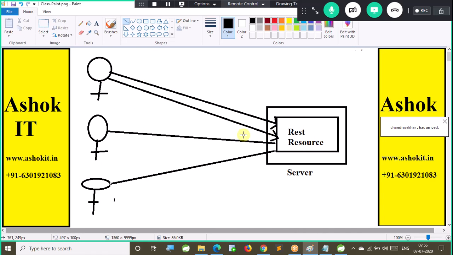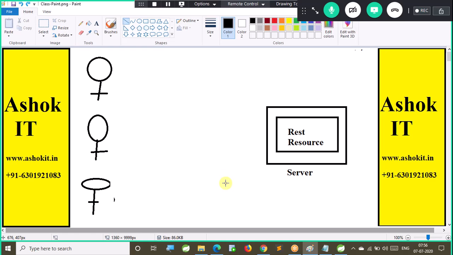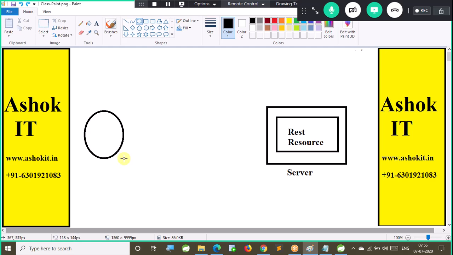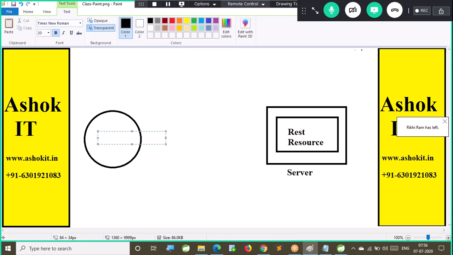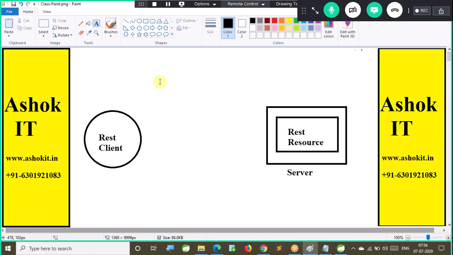Right. Now let me talk about one client here. There is a REST resource which is available in the server. Now for this resource, n number of clients can be available. Now I am taking one client. This is called a REST client. A REST client can be anyone who is capable of sending an HTTP request.